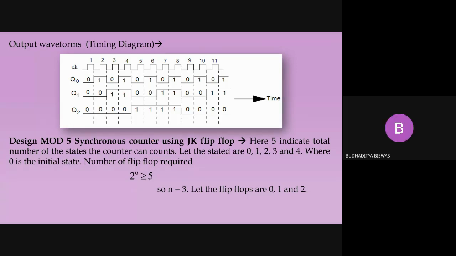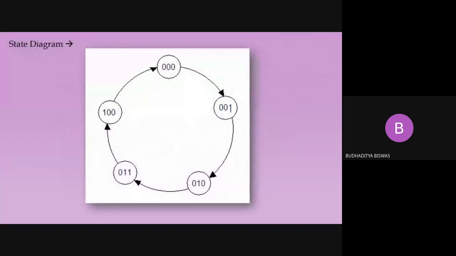So just give me one example, that one is called the regular counting, another is called the irregular counting. What is the meaning of that? Regular counting means, I just don't look at this figure, I just use this rough page. Suppose the initial state is 0, next state should be 1, then 2, then 3. So it's counting in a regular manner. Similarly for the down counter also, 7, then 6, then 5, then 4. So this is called the regular counting.